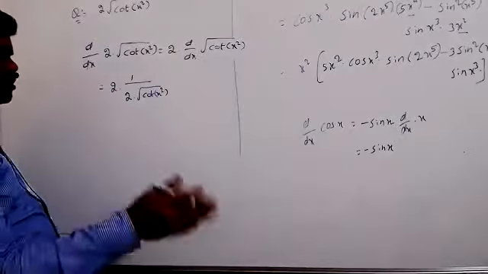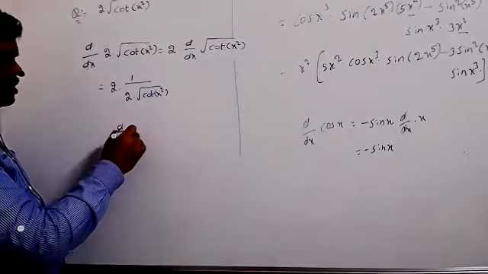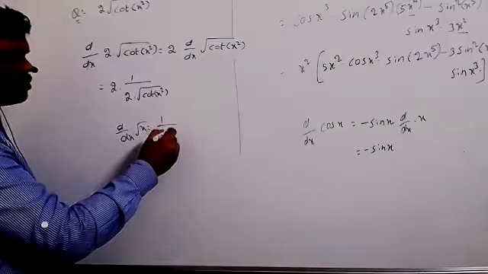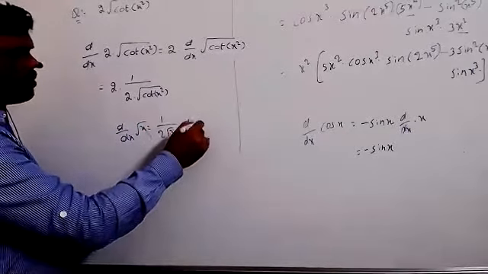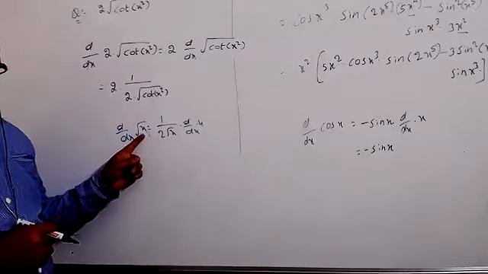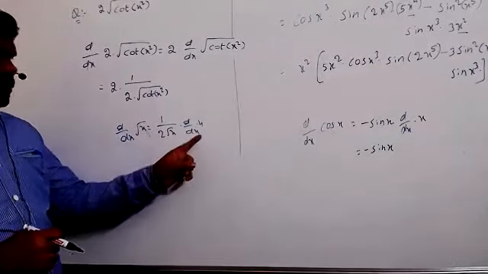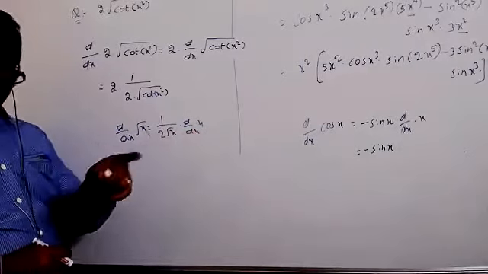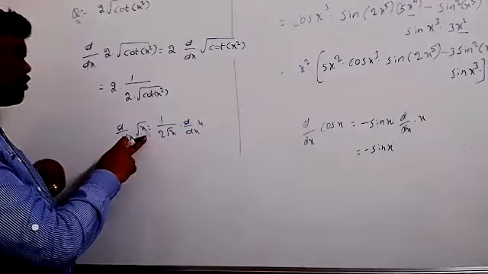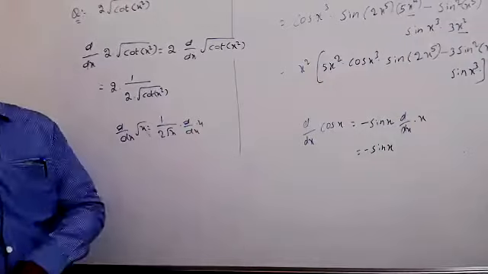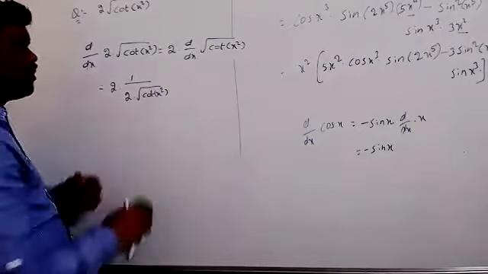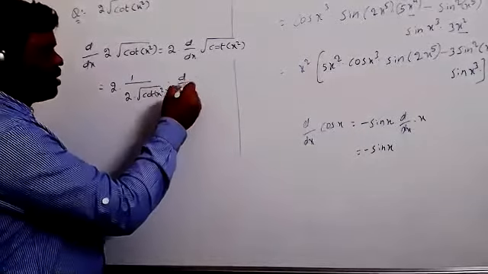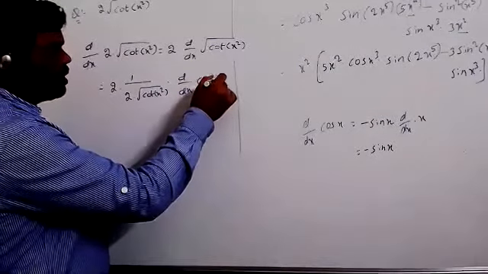But here also same procedure. Everybody should remember the condition. Generally, differentiation of root x equals 1 by 2 root x into again d by dx of x here. Means whatever they have given under the square root, that value again we have to differentiate. But differentiation of x equals how much? 1. That is the reason we are taking it here. Differentiation of root x equals only 1 by 2 root x. In the same way, differentiation of root of cot x square equals 1 by 2 root of cot x square into again differentiation of cot x square. It's more important to you.